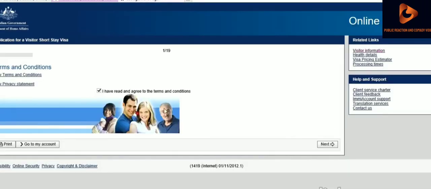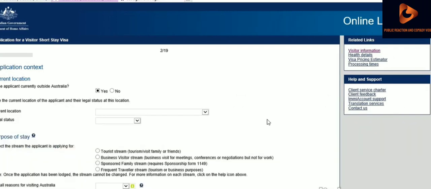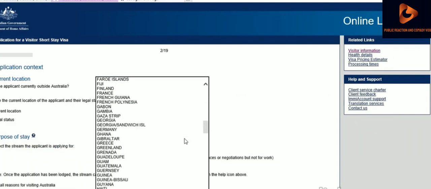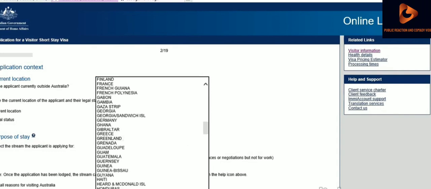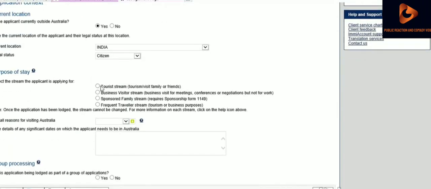Terms and conditions you can read. I think it's advisable to read, but for the purpose I'm assuming you have read already. Outside Australia, yes. Current location, let's say the guy is in India and is applying from there, and he's an Indian citizen. Purpose of stay,